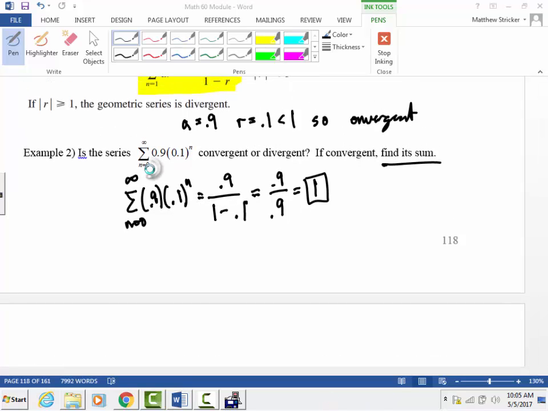If n equals 0, what is the first term in the sequence? 0.1 to the 0 is 1, so we have 0.9. For the next term, if n equals 1, 0.1 to the 1 is 0.1, and 0.1 times 9 is